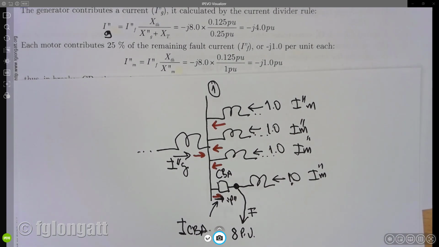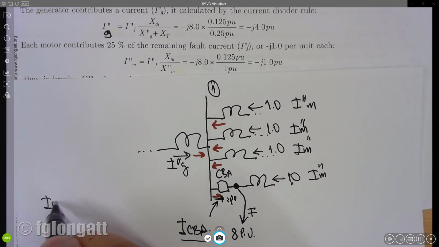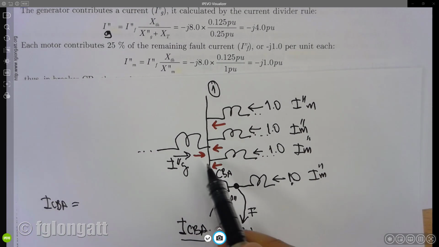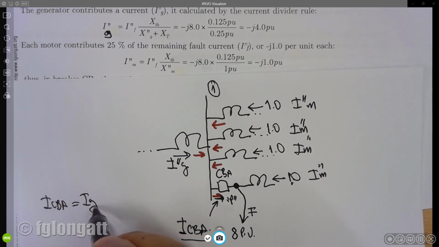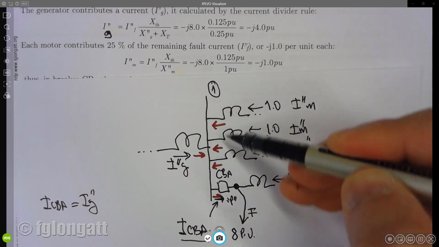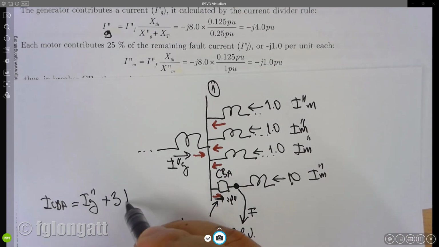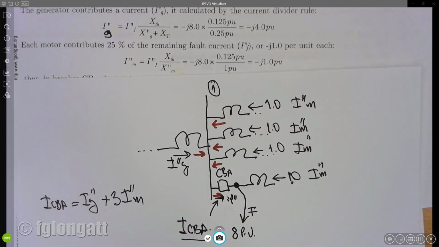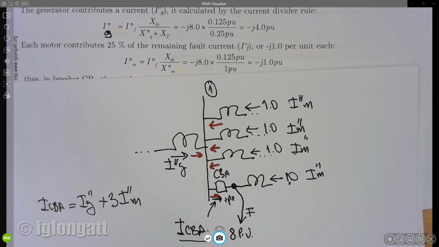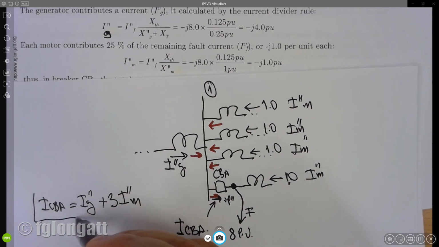What I'm trying to explain is that the current that is going through the circuit breaker will be the contribution coming from the generator plus 3 times the current contribution coming from the motors, okay? This is quite interesting and quite important because students